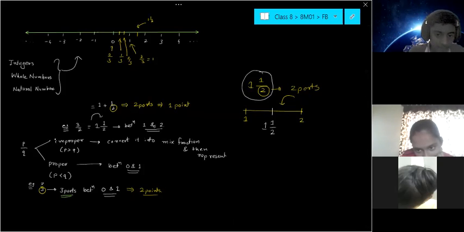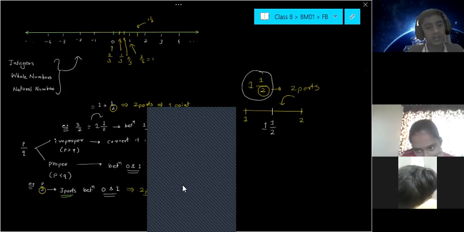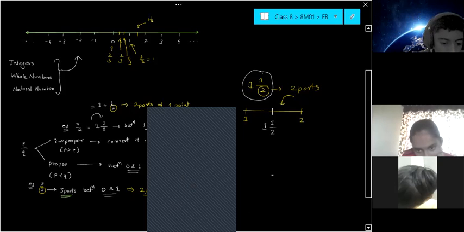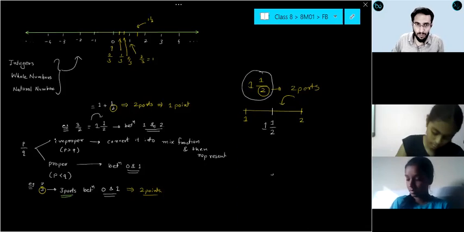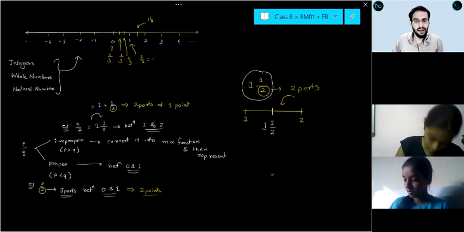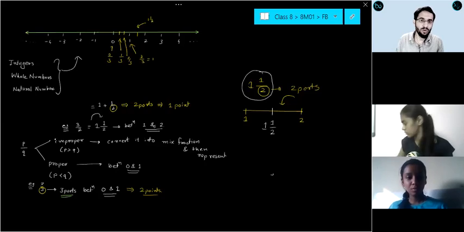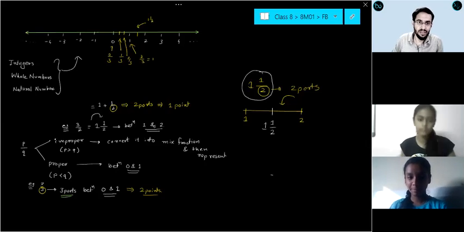Now, Pragati, you are also having a doubt? Sir, actually I was disconnected, so I just wanted to know what you explained about the number line with the example 1 by 2. Okay, don't worry, Pragati. I have just explained how to represent any number on the number line. If you were disconnected, then no problem. Just note this down in the formula book. In the regular book, when I explain the questions, you will understand everything. Okay?